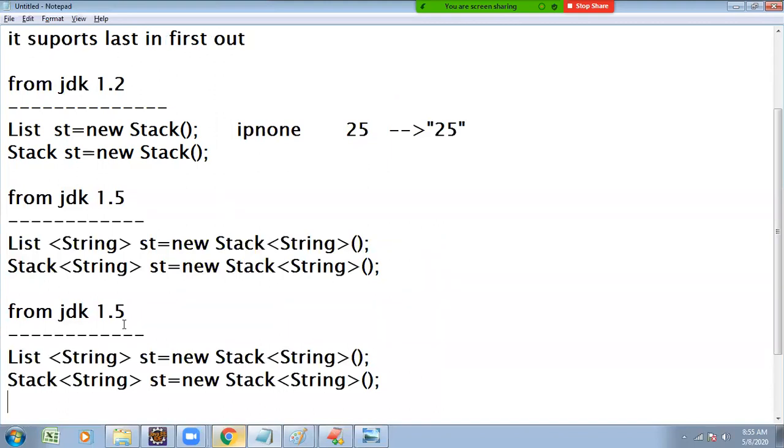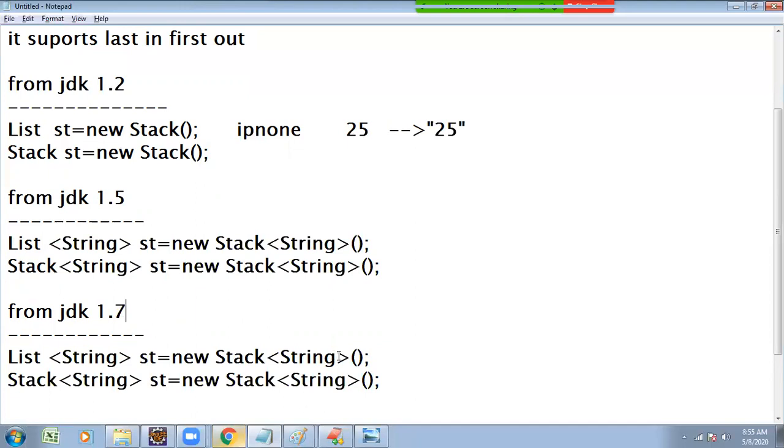Now, based on the new technology, we want to write the same thing. In JDK 1.7 version, what is the new thing? The diamond operator. The collection framework was added with the diamond operator. So if they added the diamond operator, what do you have to do? Previously they mentioned the type, but now they don't want it mentioned. Whatever you added is automatically applicable.